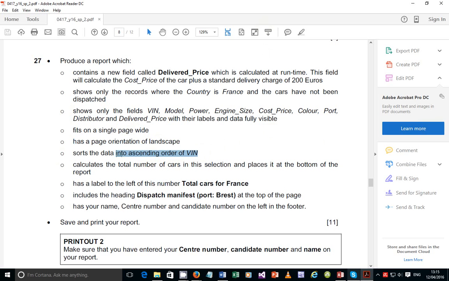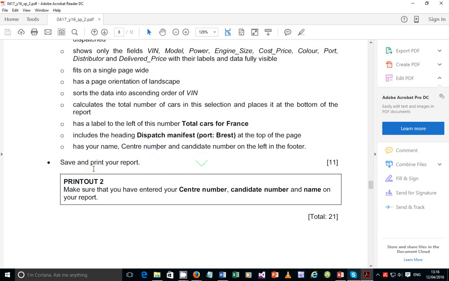The VIN should be sorted, and it calculates the total number of cars in the selection and places it at the bottom of the report, with the label to the left of this number: total cars for France. Then it includes the heading dispatch manifest at the top of the page, and your name, center number, and candidate number on the left in the footer. Okay, and then